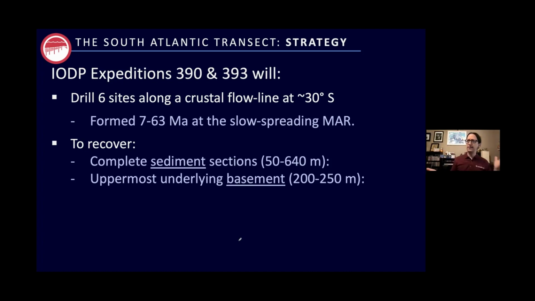And we picked 63 because it's close to the 65 million year old hypothetical ceiling of ocean crust, even though we know that there can be circulation in older crust, but this lets us look at all of the things that happen up to that age. And we picked two sites at the age 63 million years to look at differences in sediment load and how that might affect hydrothermal circulation.